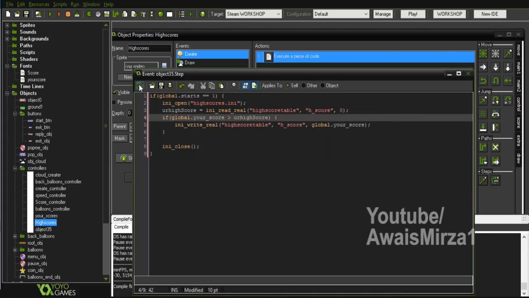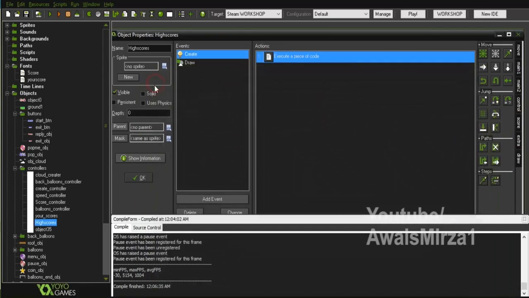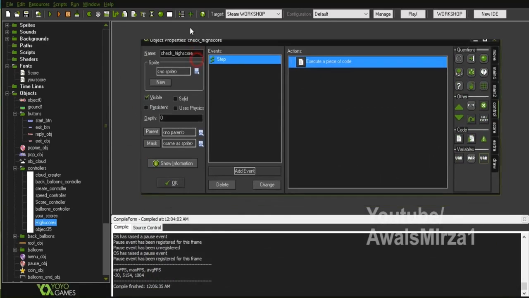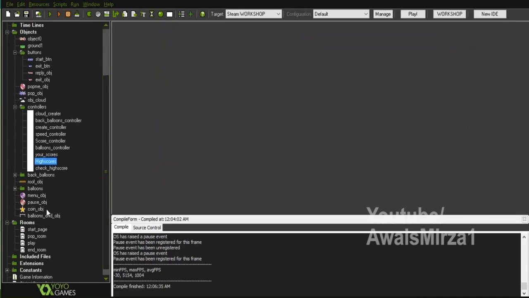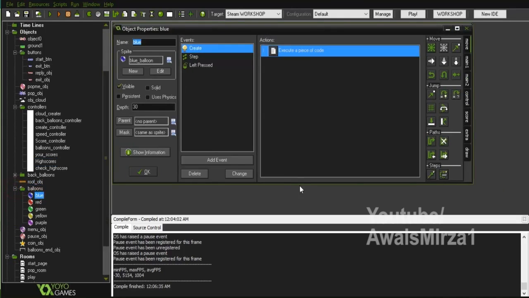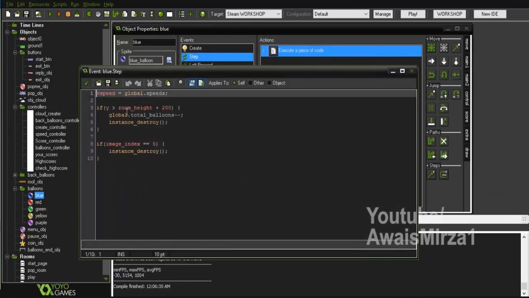All right, so this is inside the step event. Let's click OK and let's save this one. Our script is inside the check high score controller inside the step event. I'll click OK. All right, and inside our balloons, let's open up the blue, and inside the step event,